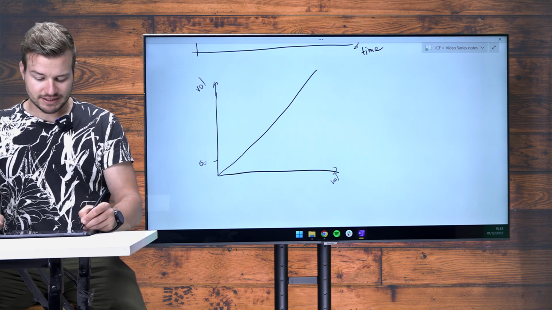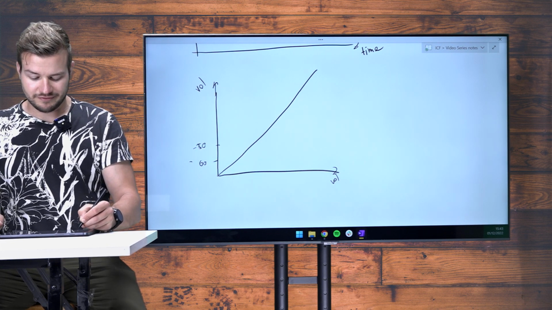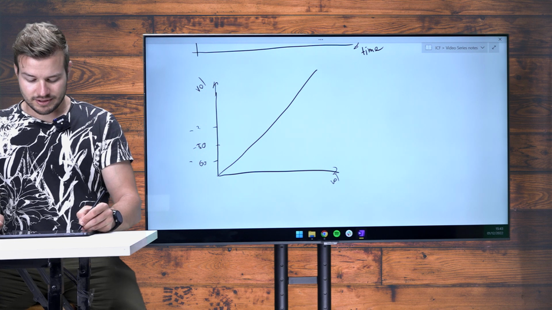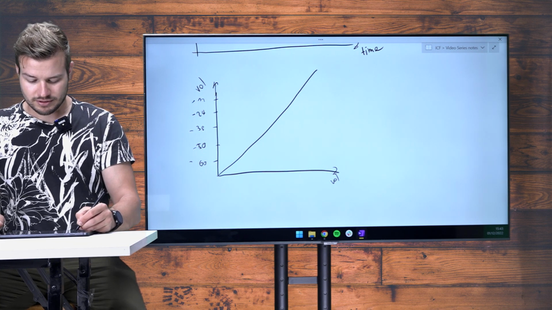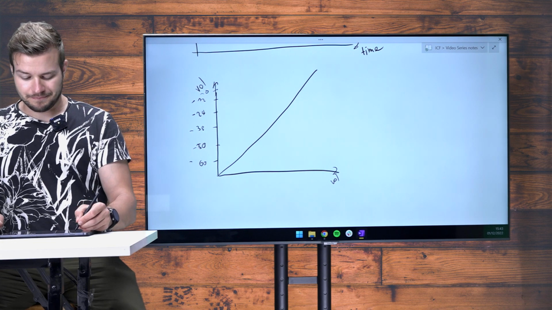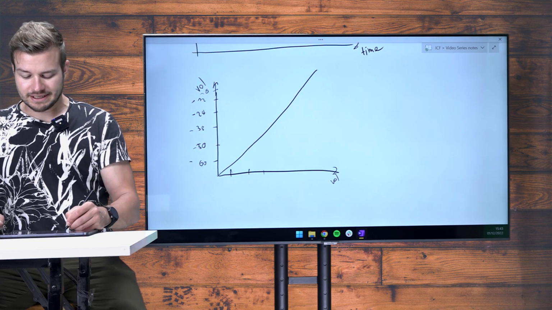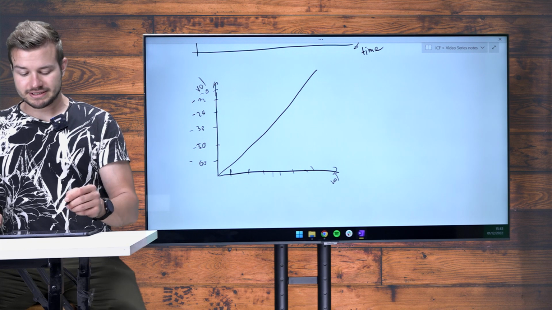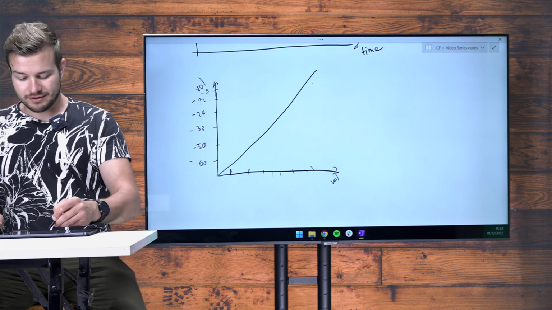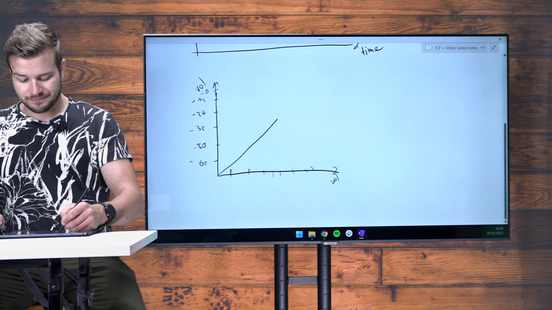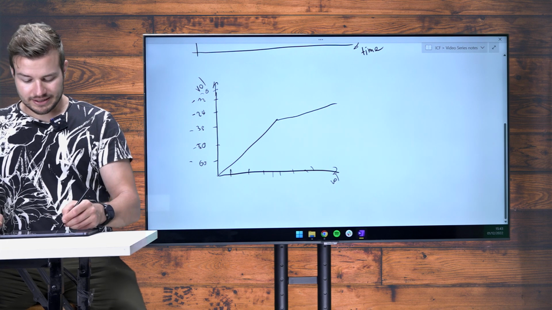This is like minus 60 dB, minus 50, minus 30, minus 24, minus 12, minus 6, and the same thing here. So this is no compressed signal at all,